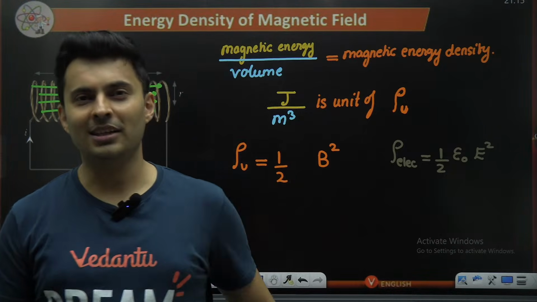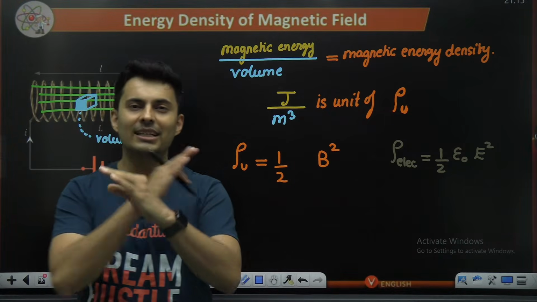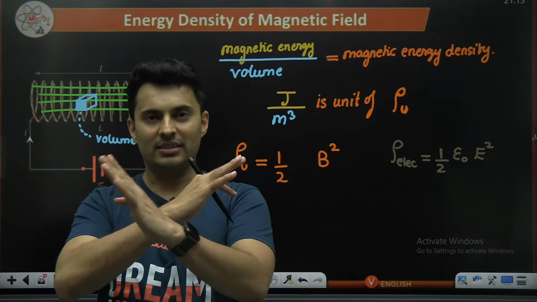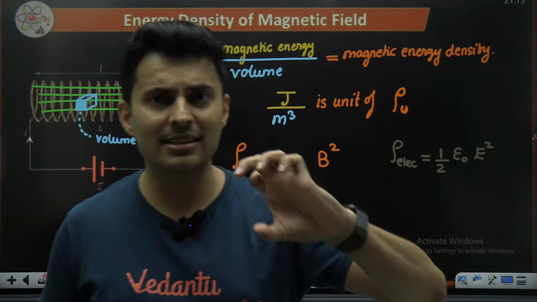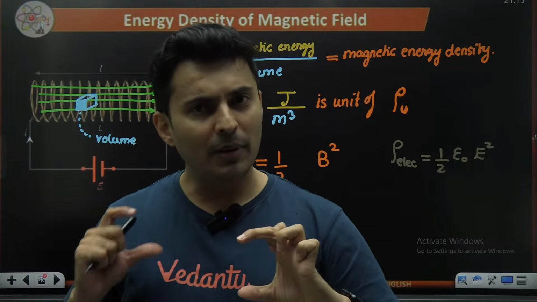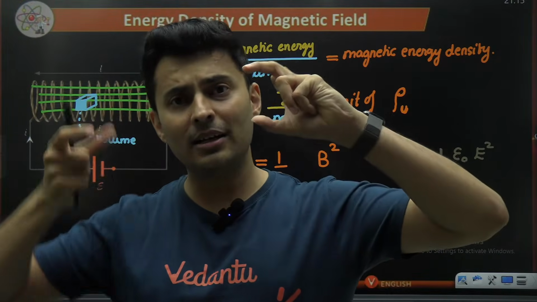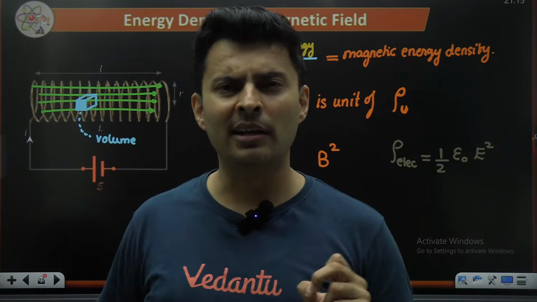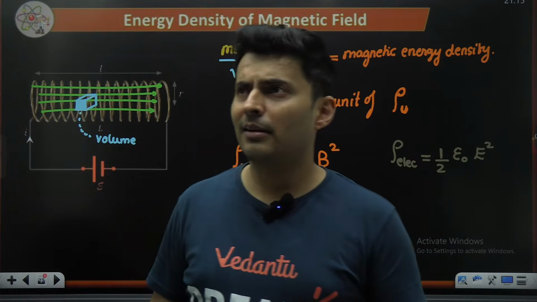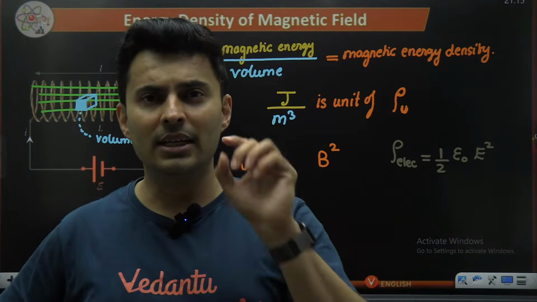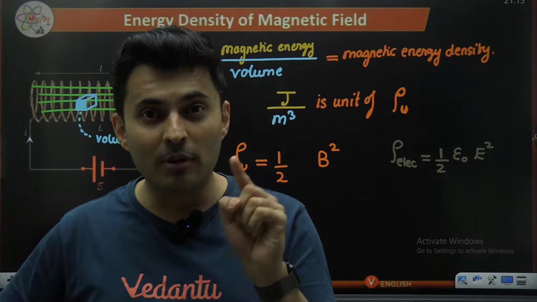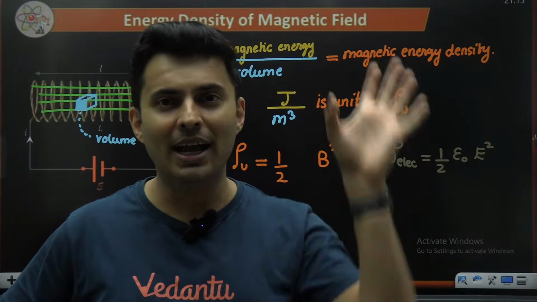But remember one thing. In magnetism versus electricity, always they go opposite. If permittivity is there in the denominator, permeability will be there in the numerator. If permittivity is there in the numerator, permeability will be in the denominator. Example, like the electric field formula. It is 1 by 4 pi epsilon naught q by r square.